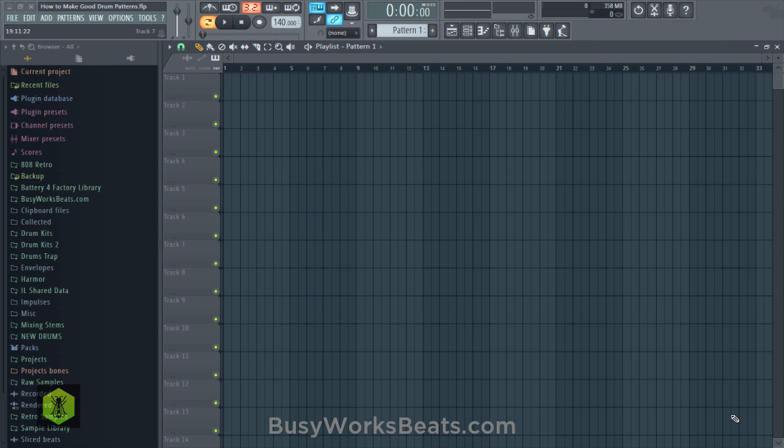But for the most part, having a flock of free plugins, trust me, I've gone down that road when I first got started. I had hundreds of plugins that I didn't need, didn't use, and just took up a whole bunch of CPU and space. That doesn't mean free plugins are terrible. I'm just saying chances are you can get a better sound with DAW stock stuff or with a paid version of some other plugin. Okay, so let's get started today.